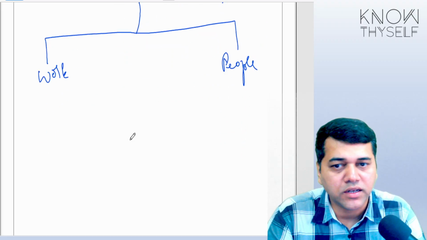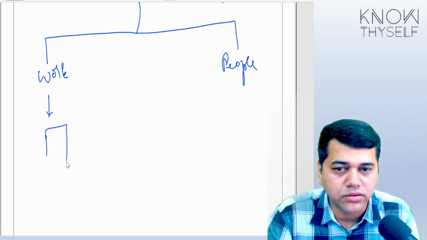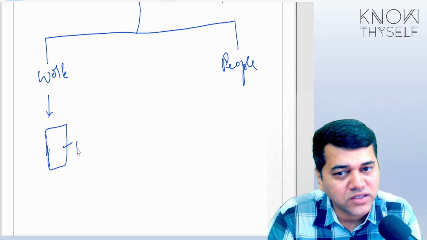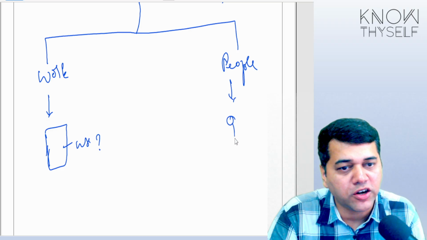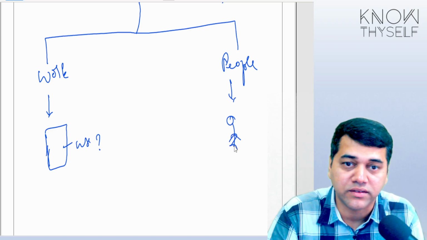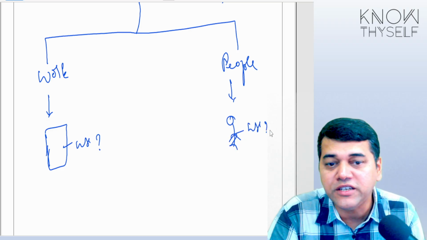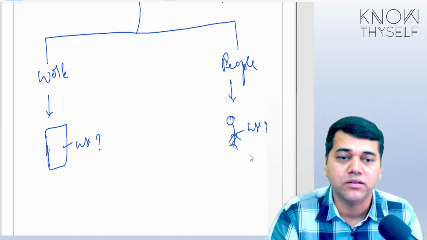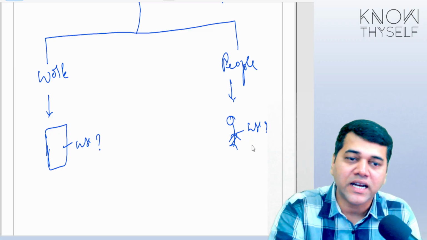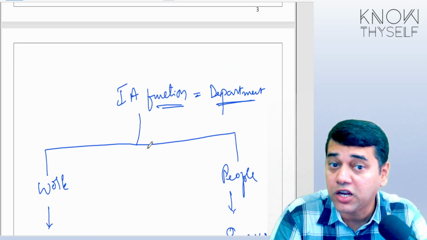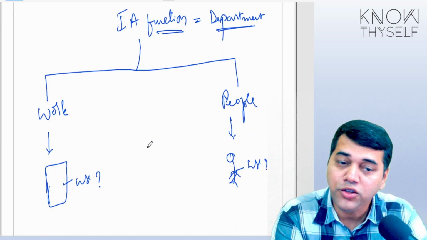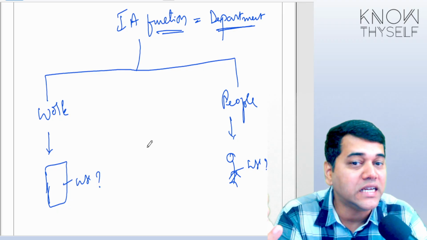See, what is their work? Internal auditor's report. So can I use their report? People means what? Internal auditors, staff, human beings. Can I use those human beings to do my audit work? So the entire standard is revolving around use of the work of the internal audit function or using the direct assistance of the internal audit function.